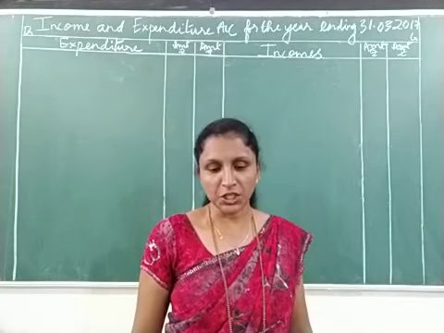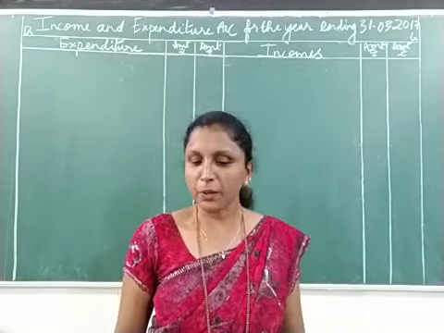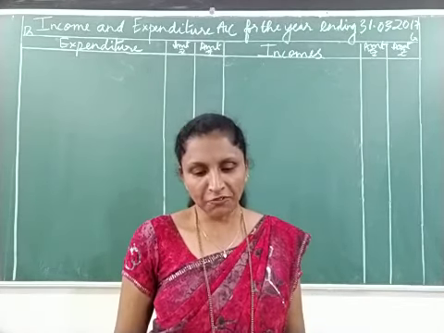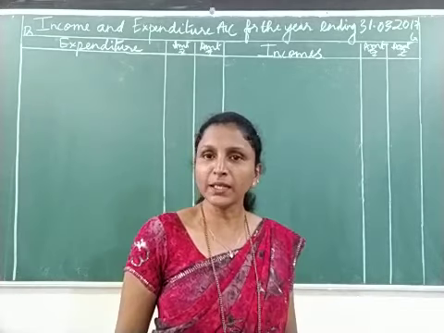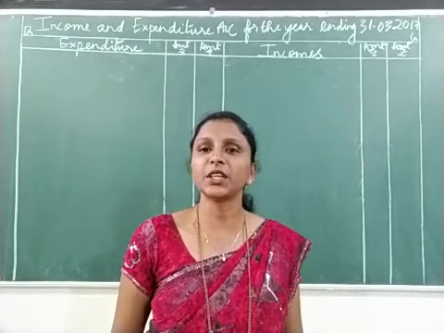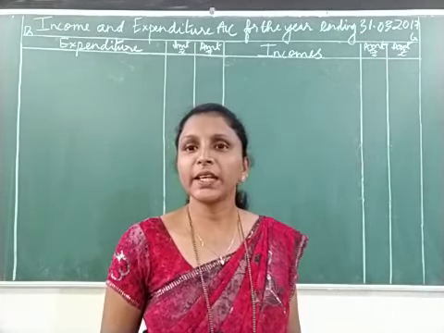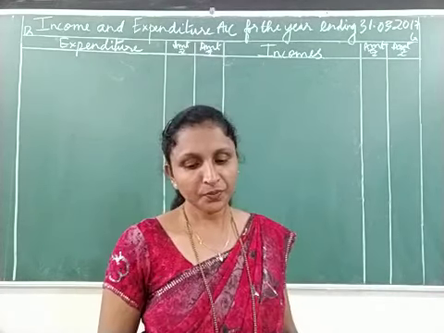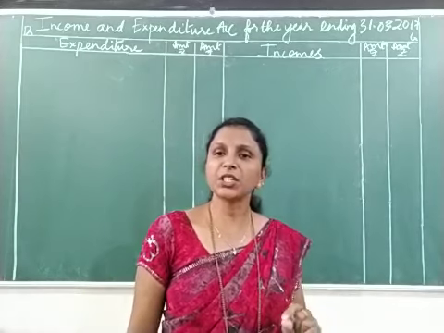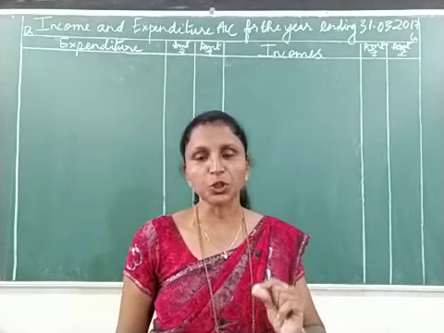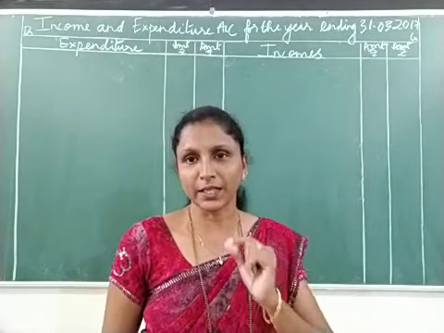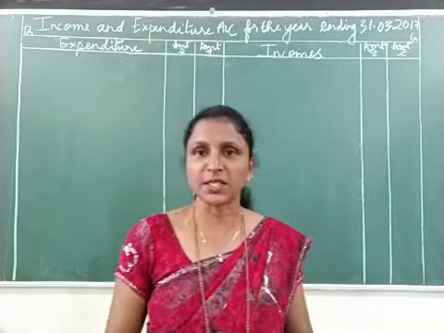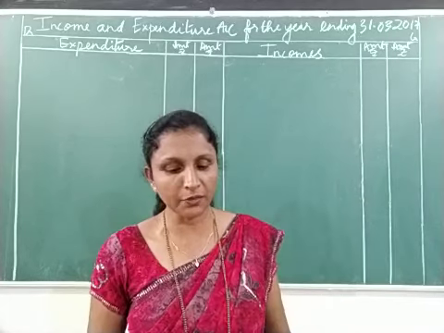Following is the balance sheet and receipts and payments account of Durga Sports Club. You are given a balance sheet as on 31/3/2017. You need to make a small change there. It should be balance sheet as on 31/3/2016. Make the correction. Instead of 17, it should be 16. So one balance sheet is given to you, with liabilities and assets.